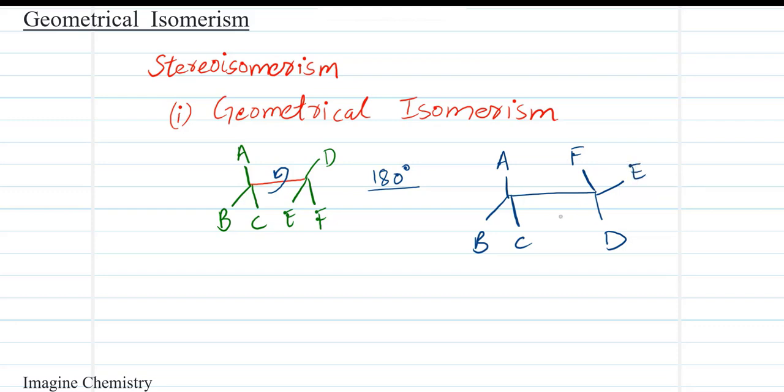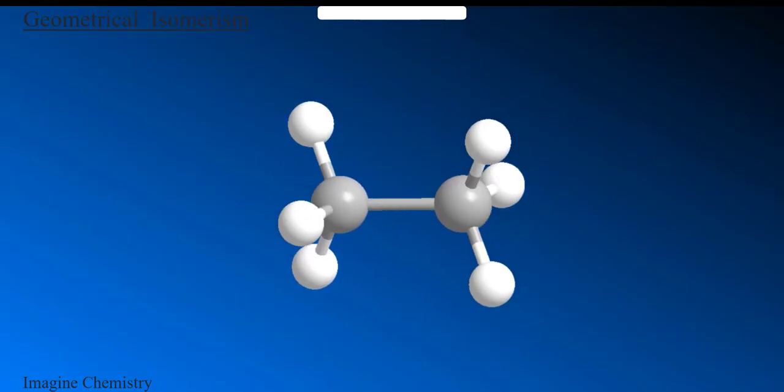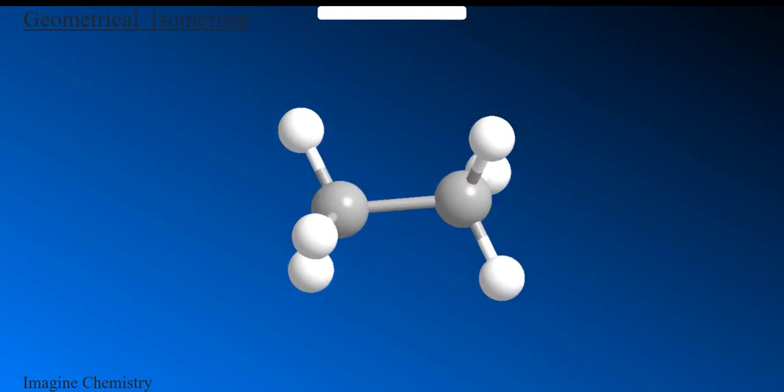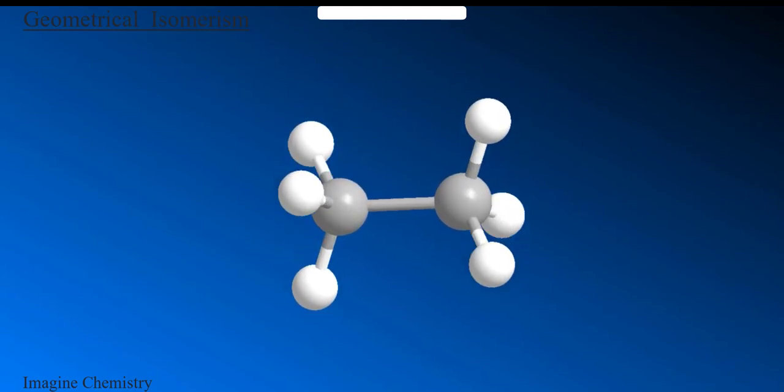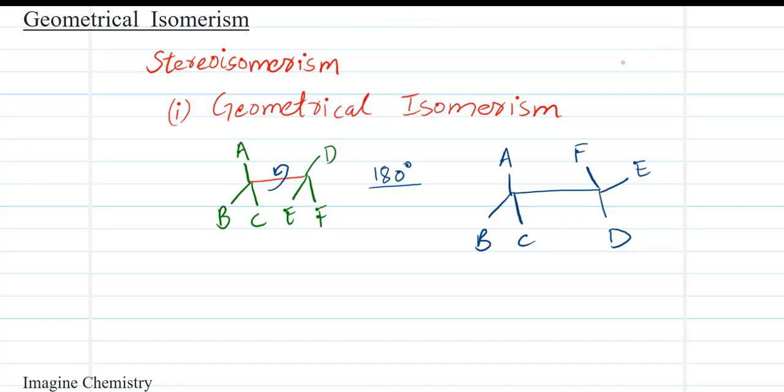So you have to imagine. You can take 2 seconds, just pause and try to imagine it in your mind that these groups are rotating. So the sigma bond has a rotation about its own axis. So this is what I want you to understand, right? So just take a few seconds and imagine that this sigma bond always rotates about its own axis. If you have taken some seconds and tried to make it up in your mind that sigma bond is